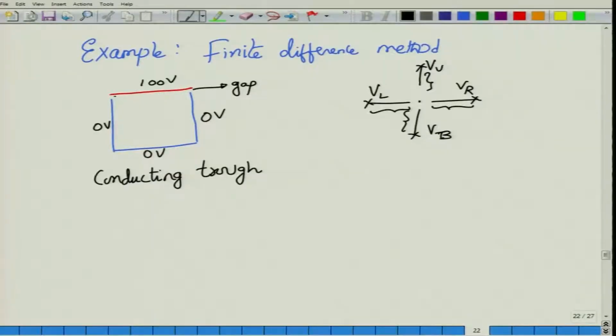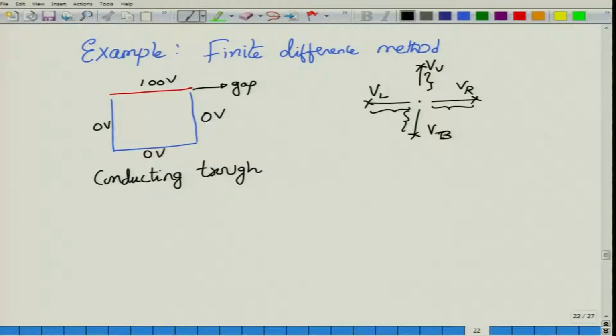So we start with the problem that is shown here. All these colors of the lines are supposed to represent ideal conductors. The top conductor is kept at 100 volt and the other three conductors, which are all joined together, are kept at 0 volt. Of course, you need to put a small insulating gap, otherwise everything will be at the same potential. So the top plate is at 100 volt potential and all the other plates are at 0 volt potential. Now what we want is to solve Laplace's equation inside the empty region that we have, and then determine the equipotential lines.